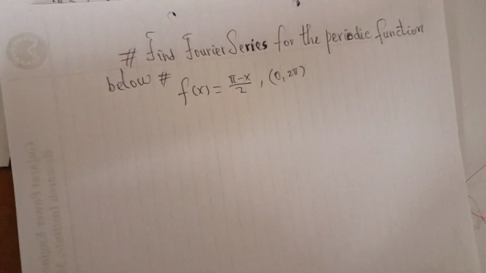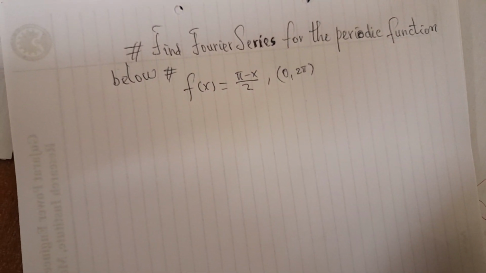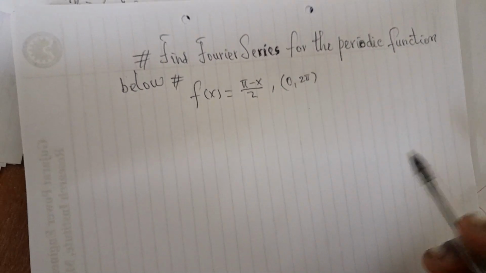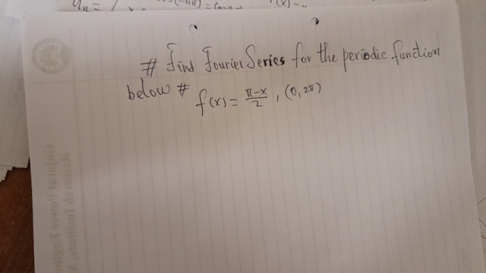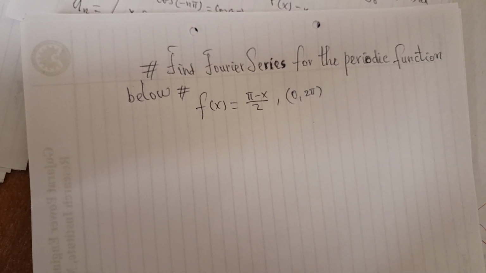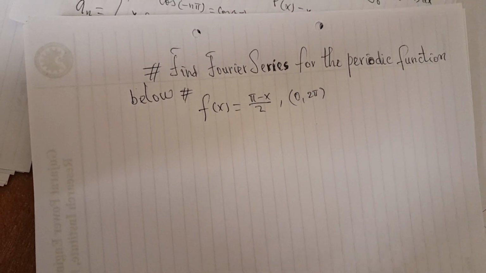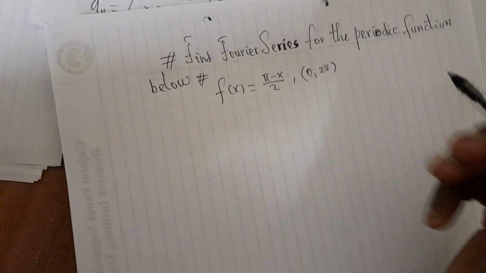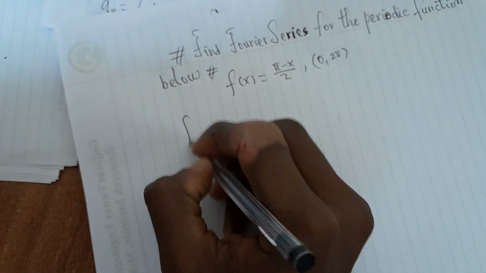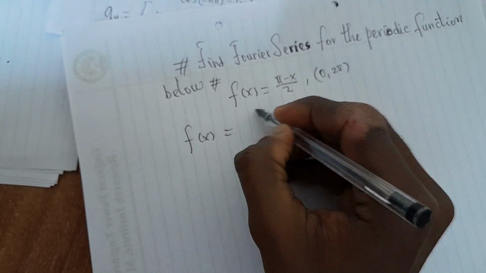Hi everyone. Today we have this question, and we are going to solve for Fourier series. Okay, so let me start. Find the Fourier series for the periodic function below. This is a function, so the first thing we have to do is just write the function as it is in a